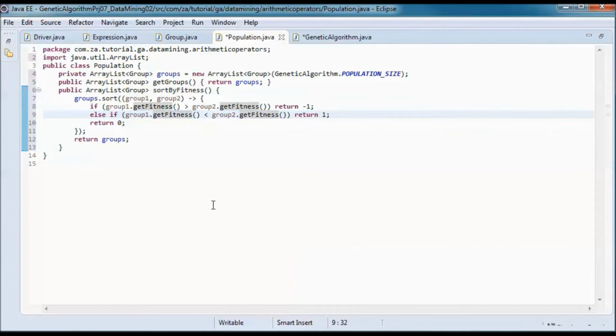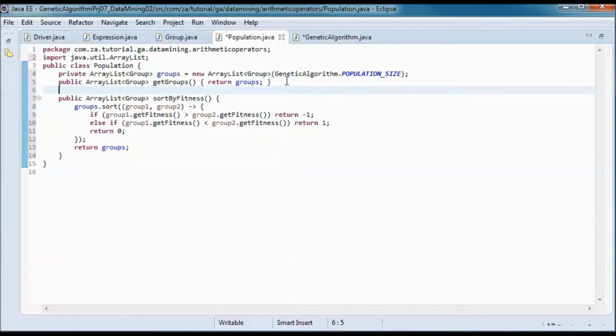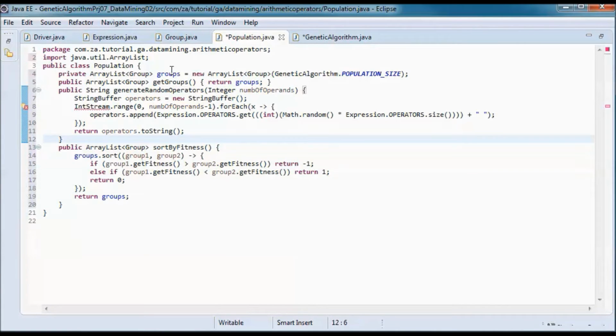So it's using Java 8, and we will need to randomly generate operators given the number of operands. So we will have this method generate random operators.